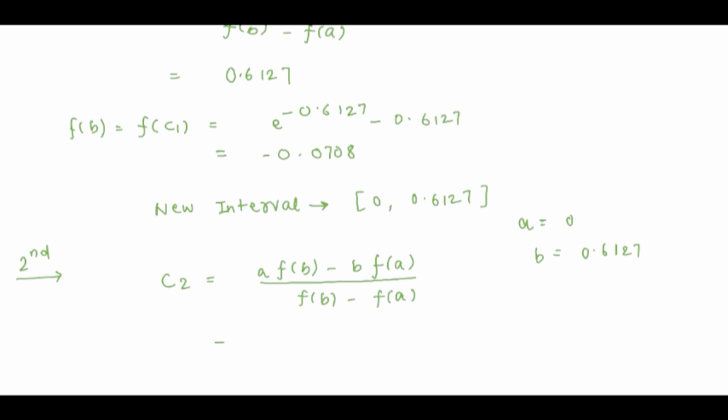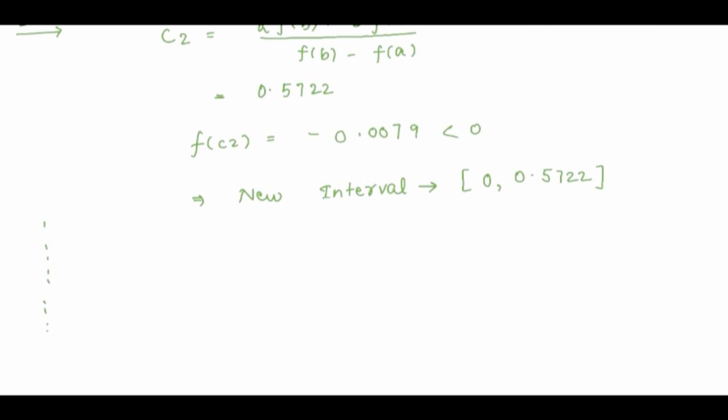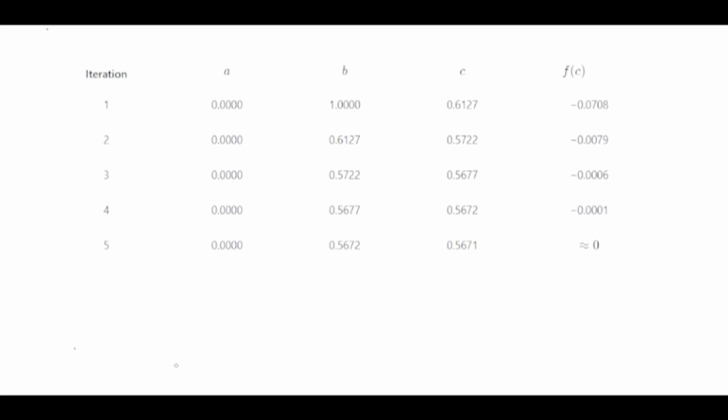Then computing the value for C, which comes out to be 0.5722, and the function value becomes minus 0.0079. Therefore, the new interval becomes 0 to 0.5722. And continuing this way, we got the iteration table as follows, where we got the final root of the